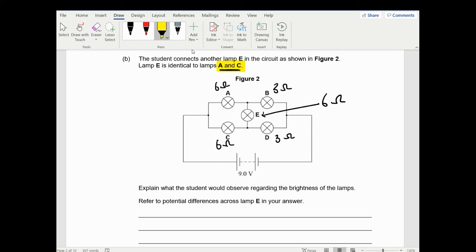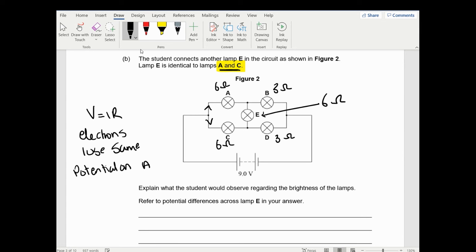Now, this is really, really cheeky, and this is the reason I put this question in here, to get you thinking. If I looked at this position here, and at the electrons that would be flowing through here and through here, electrons, when they move around circuits, are gravitated to things that are more positive. But here, if we did the maths, the electrons, as they go around here, would have lost the same amount of energy when they went through A and C. So they would have the same amount of potential left when they leave, because of V equals IR, the electrons lose the same potential